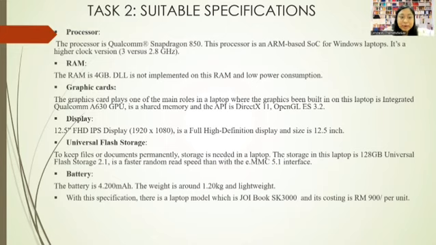The next point is RAM. The RAM is 4 GB. DLL is not implemented on this RAM, and it has low power consumption. For the display, we highly suggest a 12.5-inch FHD IPS display with 1920 by 1080 resolution. So what is FHD? FHD is a full high definition display, and also